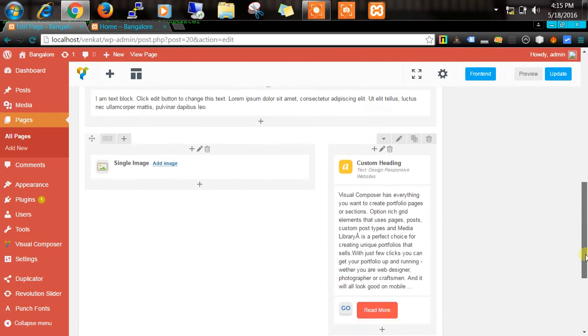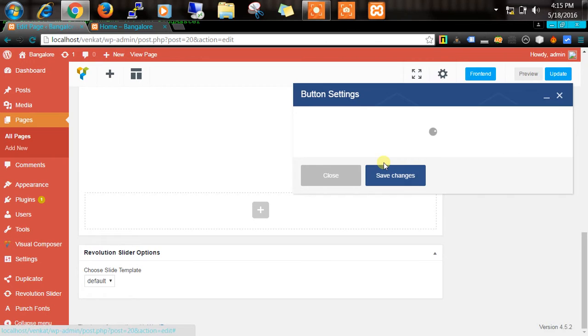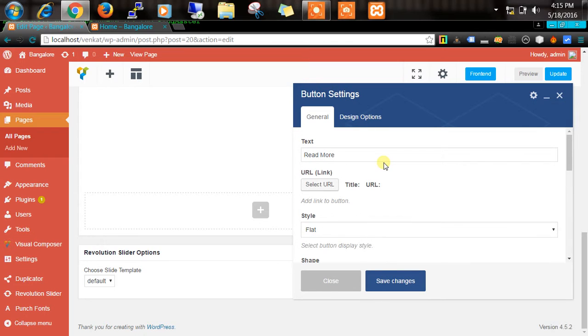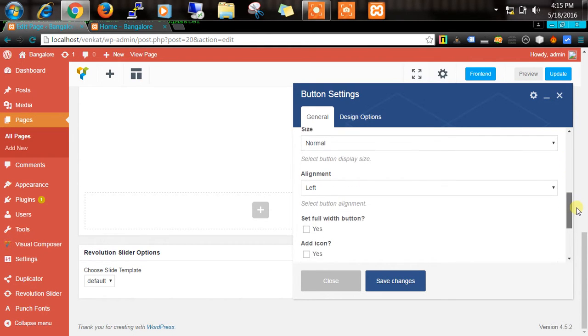Click on that. In that button there is a link option. Click edit. In the button you will have a link option. So if you want to redirect the user to a different page, use this kind of button. Okay? So these are the elements you need to know, which element is used where. Then again you can change the style, you can change the color. You can also redirect the user to a different page altogether, may not be the same website.